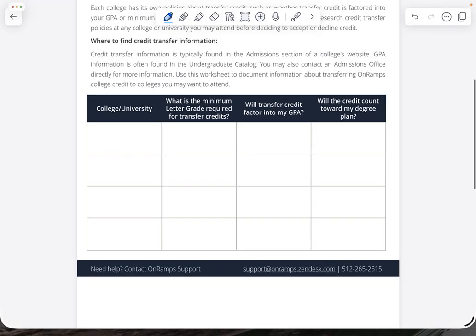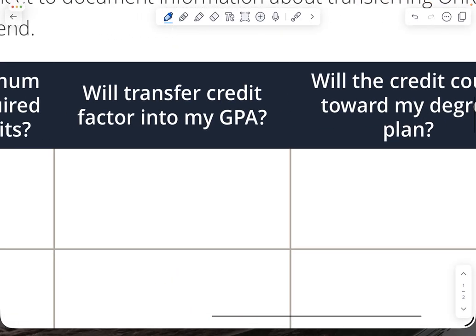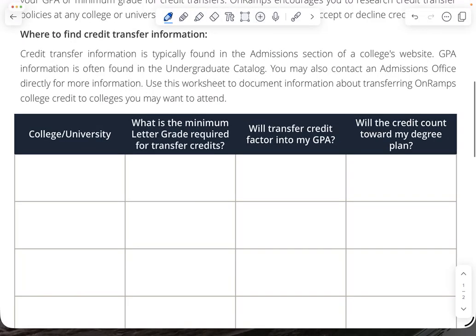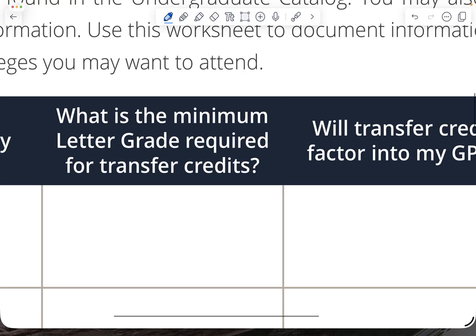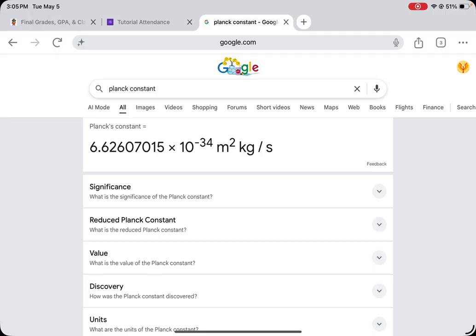So I'll show you what I make my students do to research these things for their university. I'll just do Texas A&M because it's a pretty common school. And even though I am a Longhorn fan and I tell my students they're not allowed to go there, they still go there anyways. So I'll do it at Texas A&M because I feel it can help a lot of people. To find the minimum letter grade required for transfer credits,